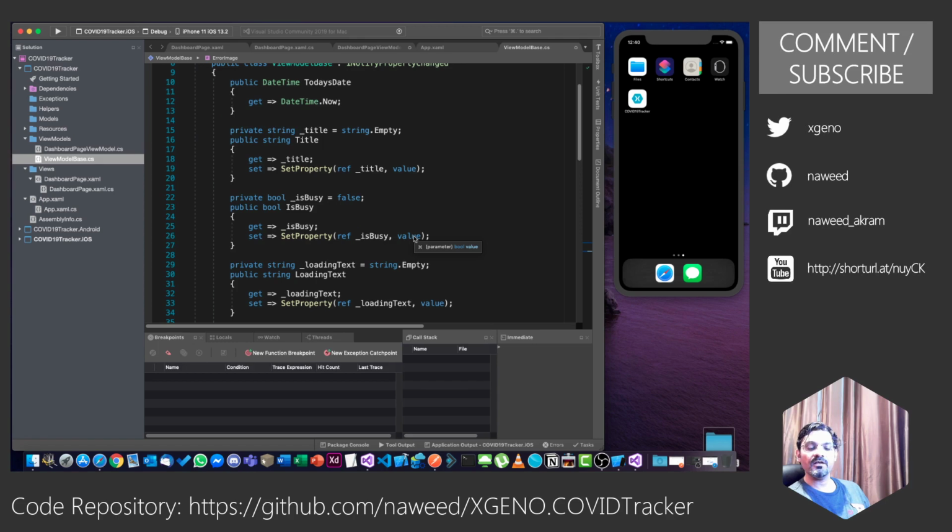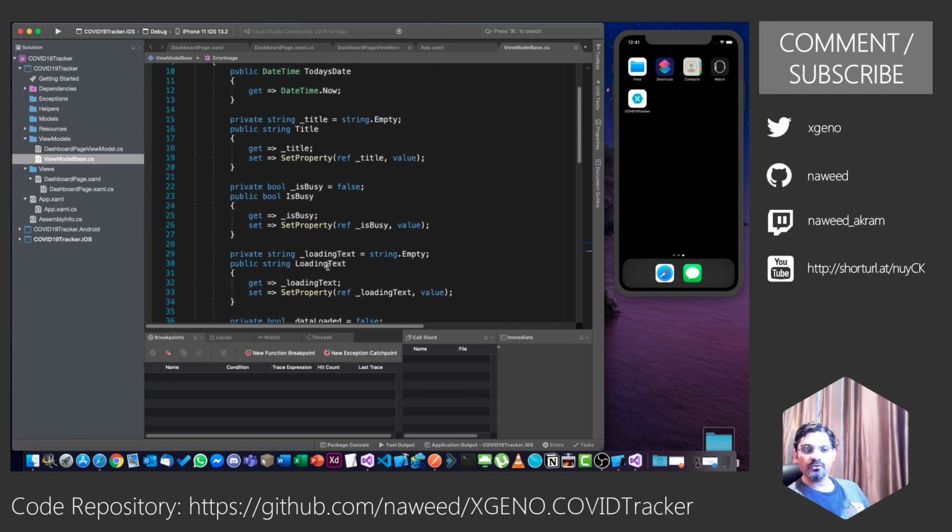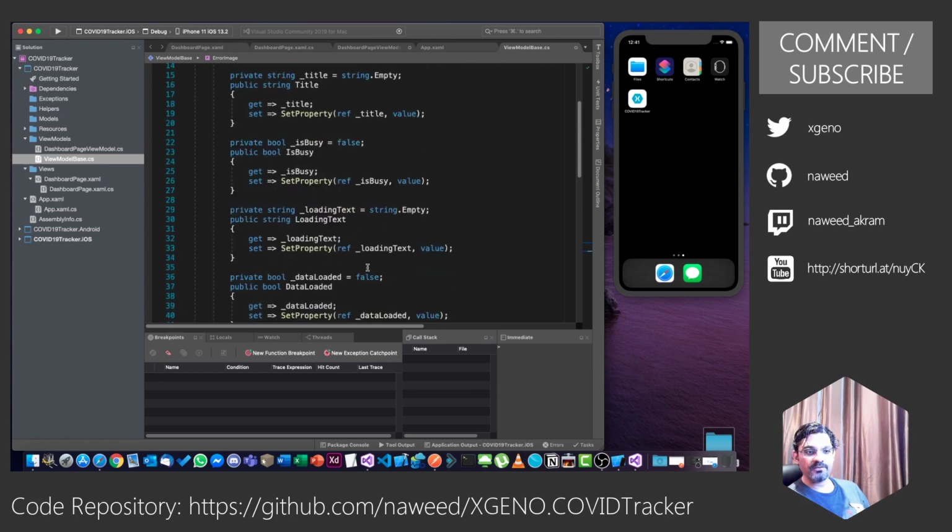It is busy doing something, or when we are performing an action, I would rather show an activity indicator to notify the user that something is happening. Don't worry, the application has not crashed. Along with this indicator, I also want to display a specific text such as fetching movie details or getting weather data or saving information to the server. So this is what I use this property for.